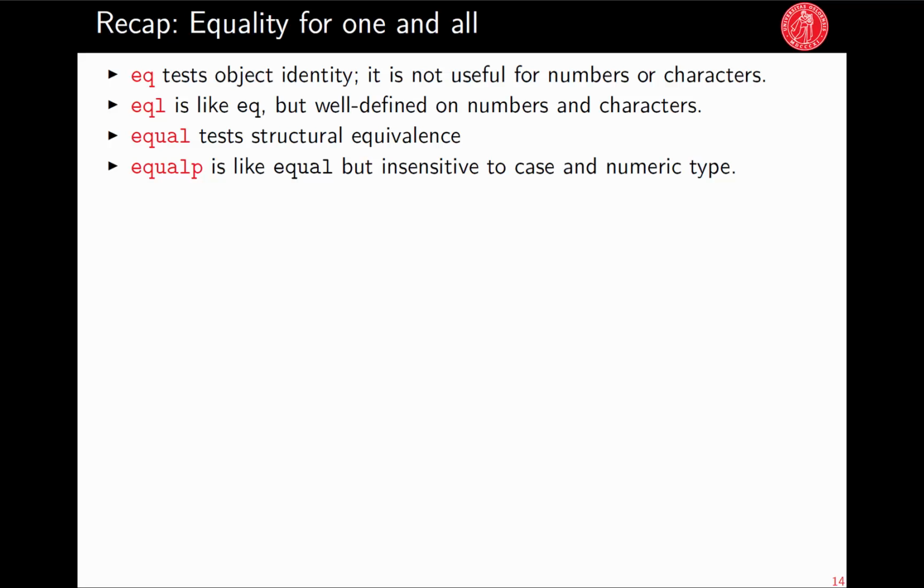So you can use EQ to test two quoted symbols, and that will return true. But for other types like numbers or characters, EQ will not be useful for finding out whether or not they're equal, unless they refer to the same object in memory. EQL is like EQ, but it's also well defined for numbers and for characters. And equal is even more general and also tests